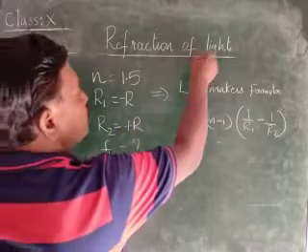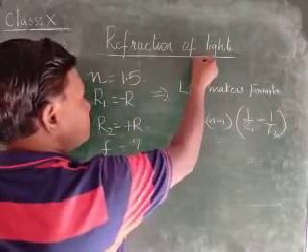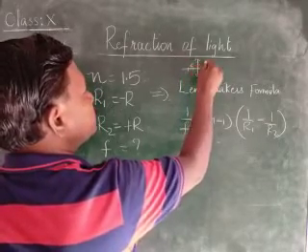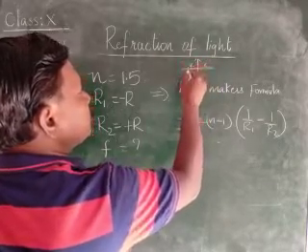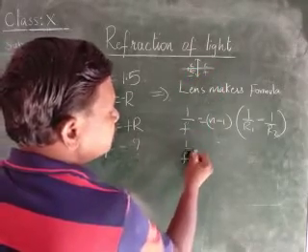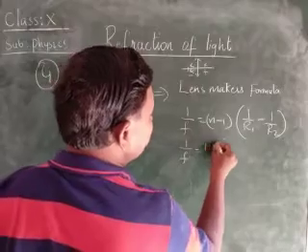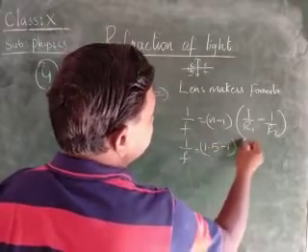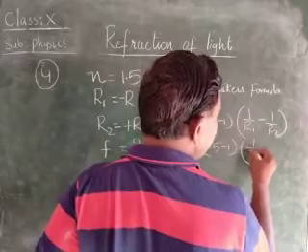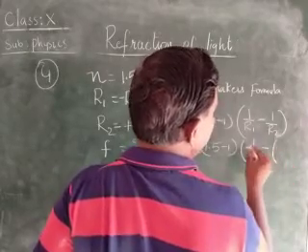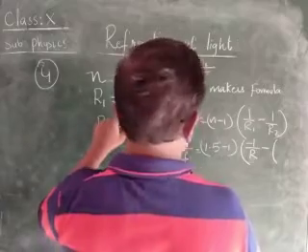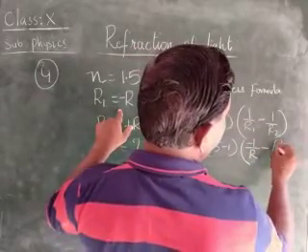Okay, normally one is this side R, one is this side R. Therefore, when we are measuring from here, it is minus, it is plus too. Okay, 1 by f is equal to n, which is 1.5, minus 1, into 1 by r1, which is minus 1 by R. First one is minus 1 by R. Okay, second one is 1 by R.